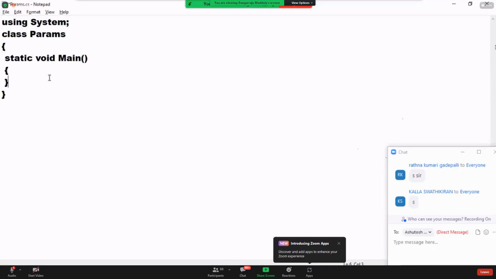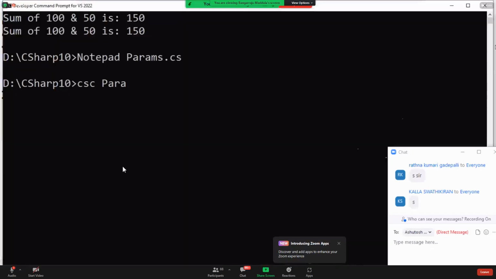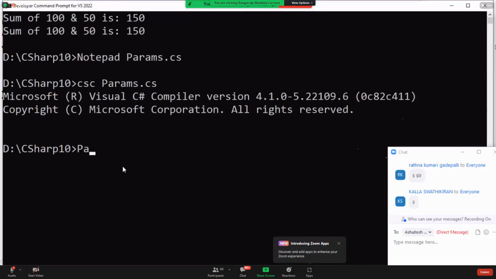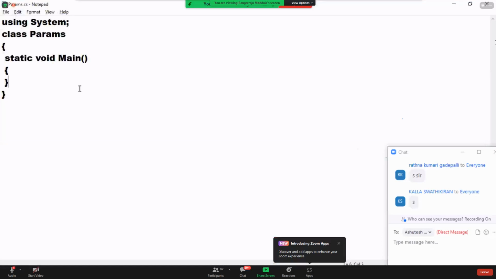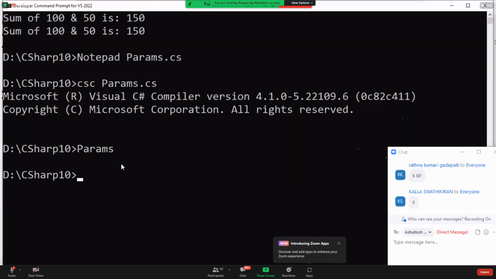I'm writing a simple program. I did not write any code in this. Now compile the code, params.cs, and run it. You don't get any output because there is nothing present. It's just a small class you have implemented with a main. But see guys, when you're executing this program,